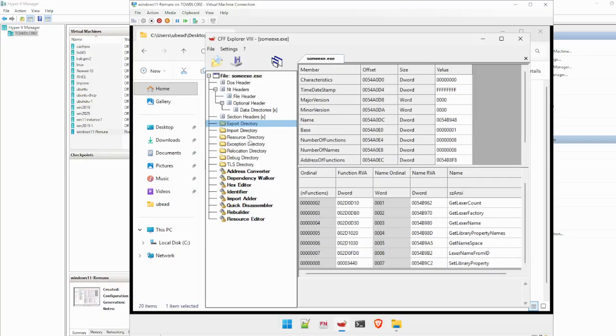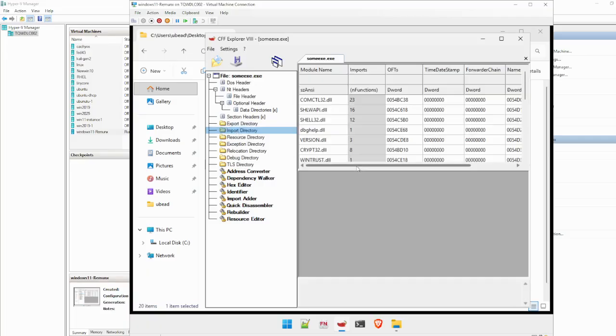Export, import. So this is where it is accessing all these libraries to run this file. It will import all these functions. If you want to run, it has to call all these functions. See, it is like